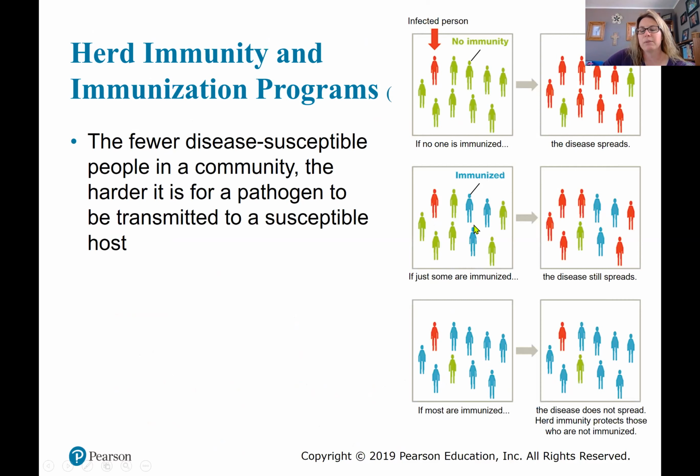However, if some of the people are immunized, you can see the rates of transmission are a little bit lower here, but if we have most people immunized, so say this is the baby or the person with the compromised immune system who is unable to get a vaccine, if everyone around them is vaccinated, that helps them become